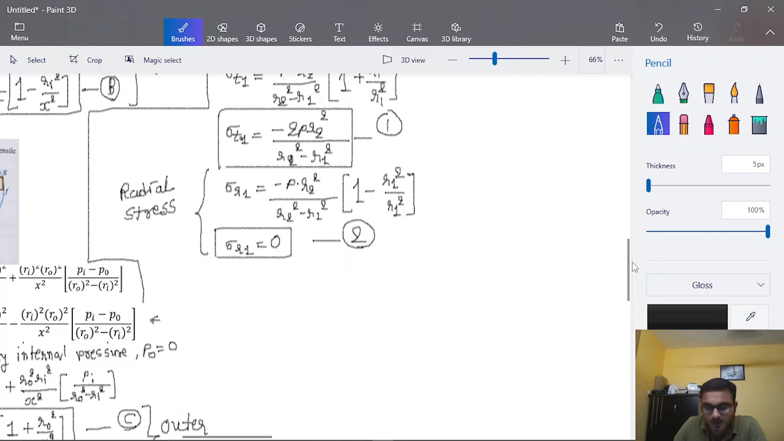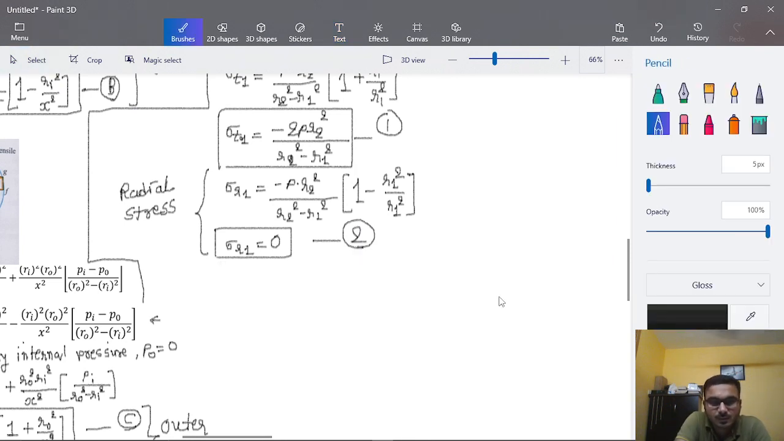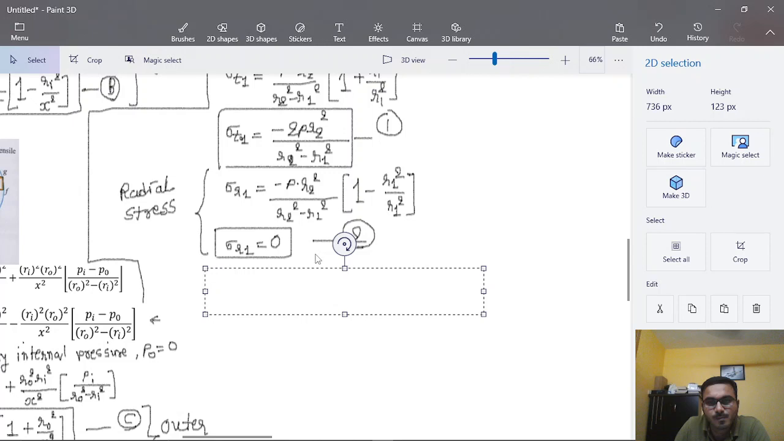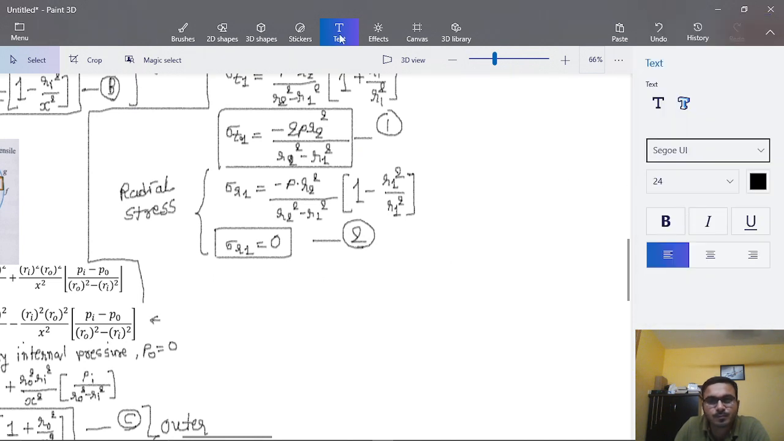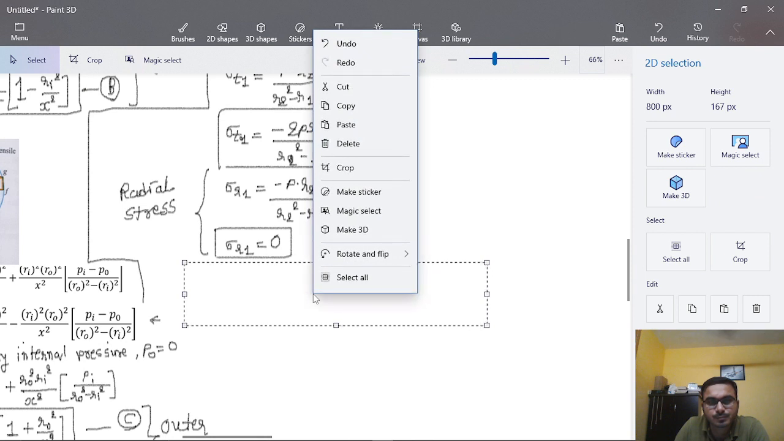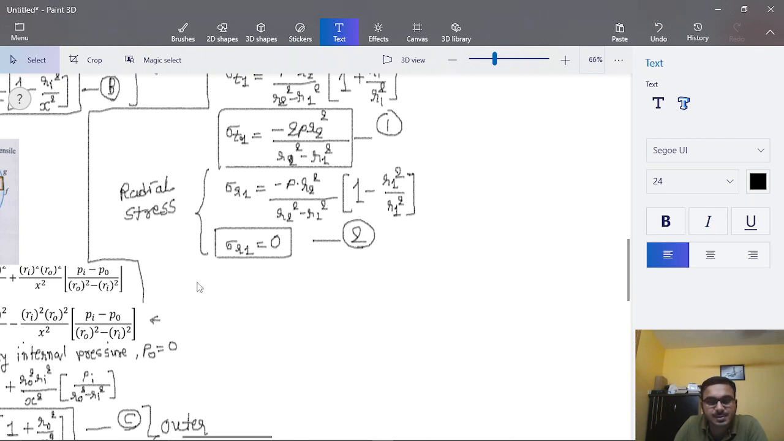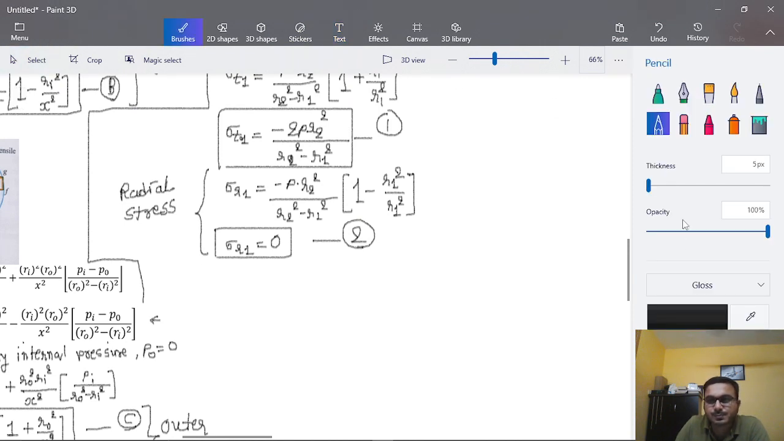Now we will move forward and obtain... maybe I am not able to write this down for some reason. So let me use the regular pencil here. So we will now calculate the tangential stress